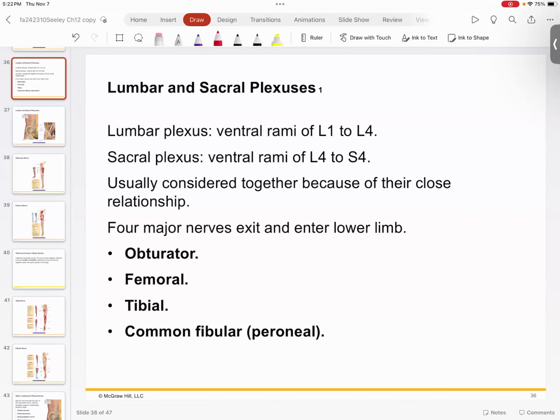For instance, the major nerves that are moving from the lumbar region and the sacral region down into the lower limb are the obturator, the femoral, the tibial, and the common fibular. If you're keeping track, these should sound familiar to you because these are the ones that we were actually looking for and finding, for the most part, in the cats on Tuesday,